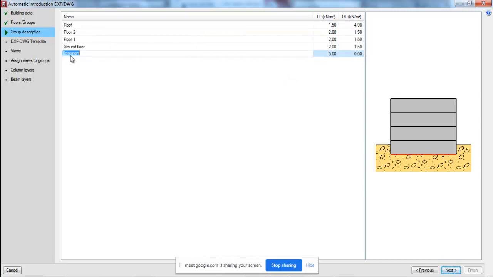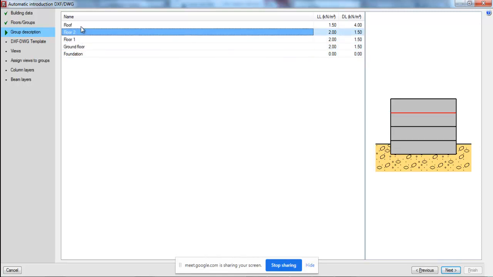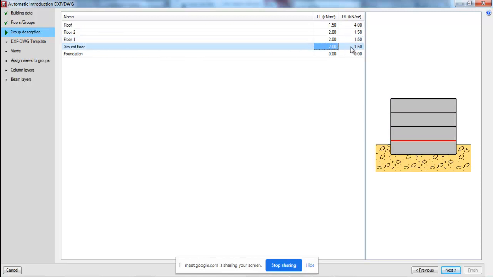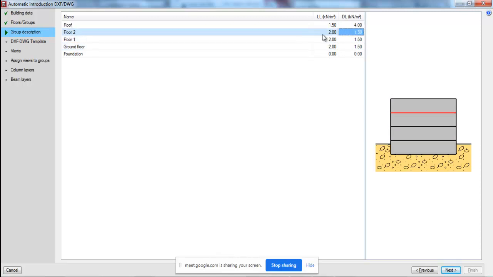Okay. Then next, this is the floor. I can change this naming here to say foundation, and then we have got ground floor, then first floor, second floor and roof. And if you want to change any naming here, sorry, the loading you want to change, you can change it. This is actually the general loading. 2 kilonewton is the general loading. In case at a particular place, say for example near the toilet area or near the balcony area, if you want to add additional load due to filling or something like that, you can add it locally. That I will show you later. But this is just a general loading, applied on the floor.